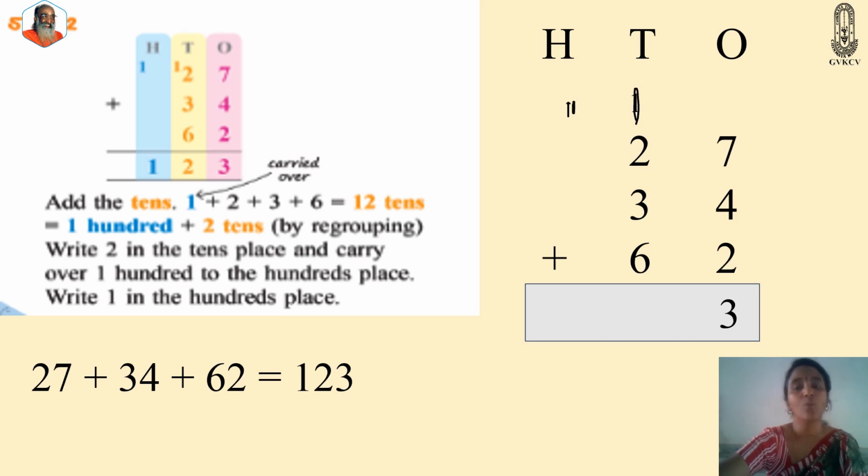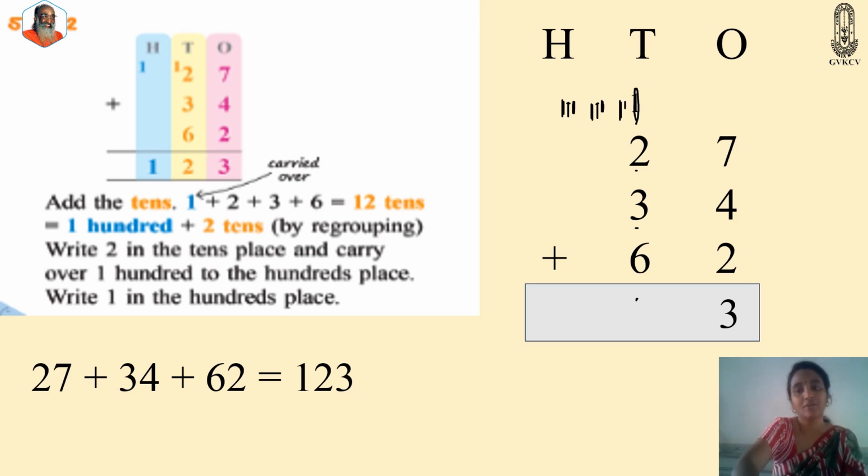Okay, now 1 plus 2 is, the number after 2 is 3. So 1 plus 2 is 3. Now keep 3 in your mind and take 3 fingers. 3 after 4, 5 and 6. Now keep 6 in your mind and you have to add 6 more. 6 after 7, 8, 9, 10, 11, 12. So I am writing 12 tens, no?